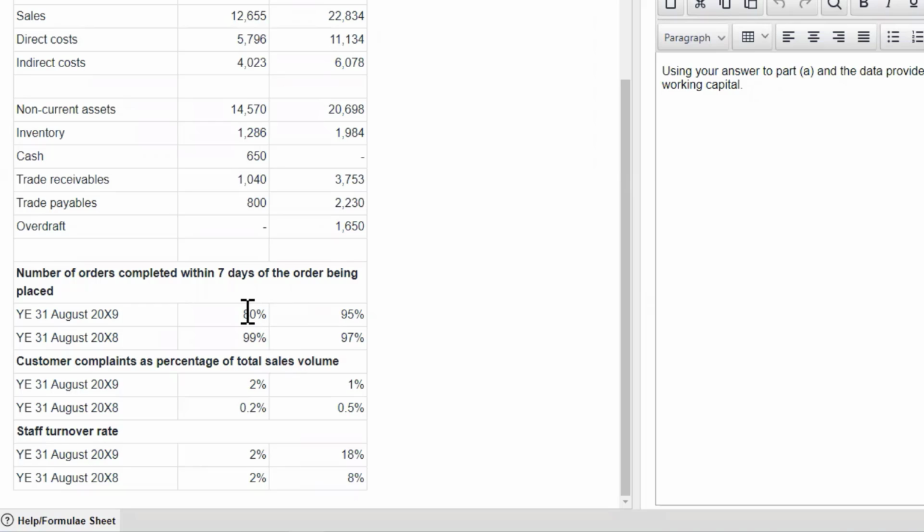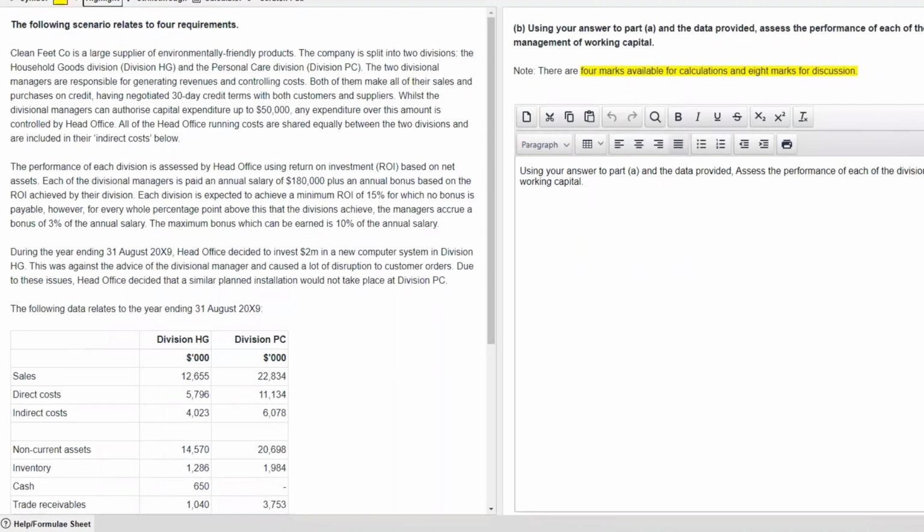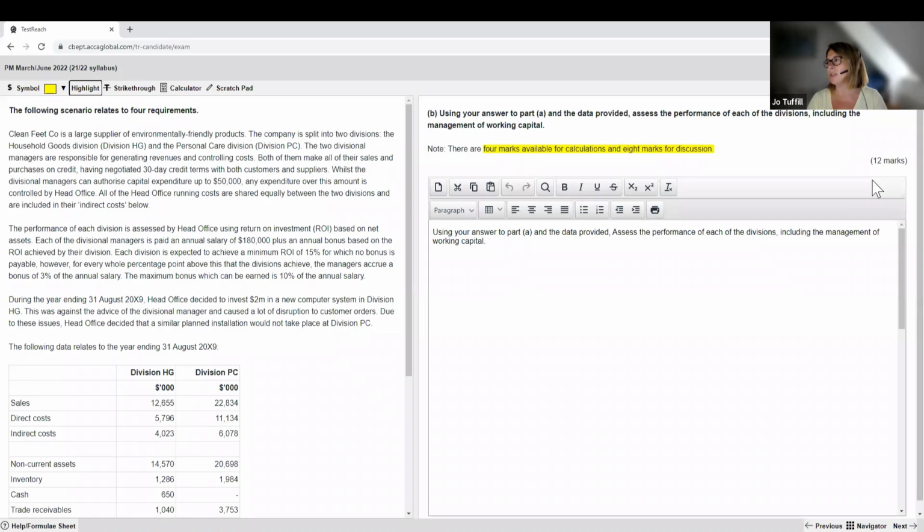You could say to yourself, well, what's the order gone down by? What are the customer complaints gone up by? They would give you half marks. Now, this is 12 marks, so this is not going to take 40 minutes, is it? So you've got to think to yourself, how much time have you got? Maximum time you've got to do this, I would say, would be 24 minutes, because I'm just doubling the 12